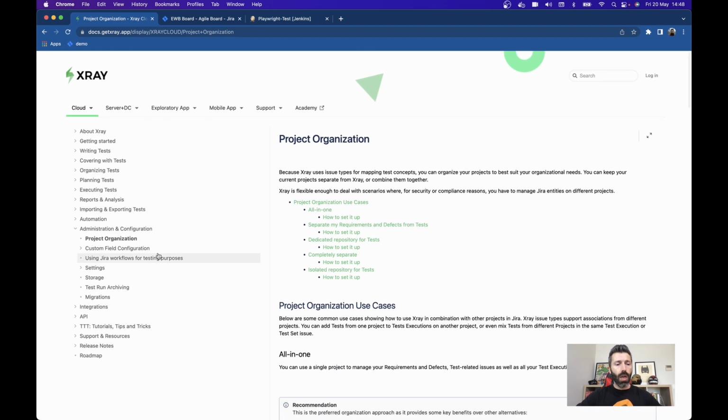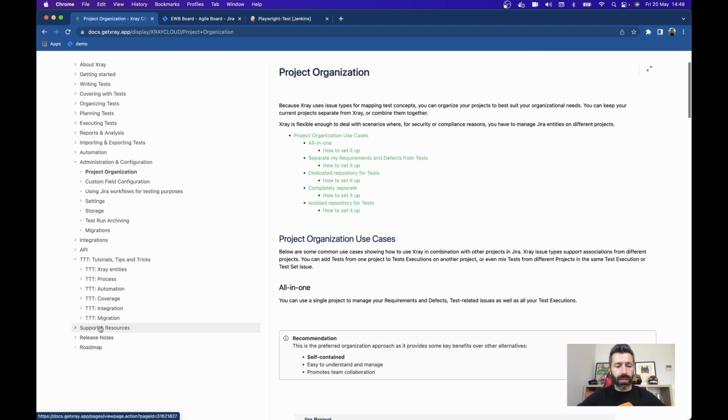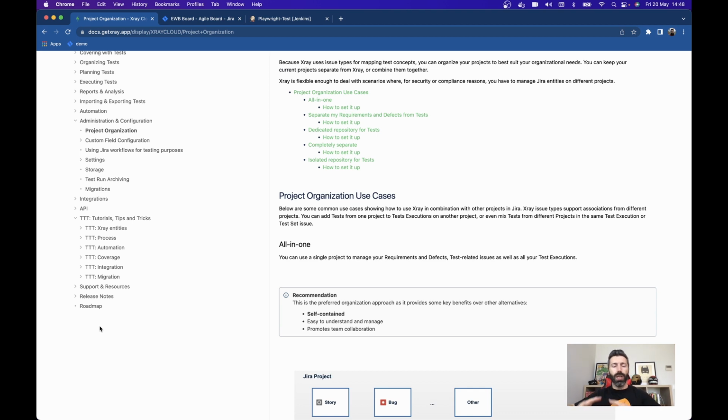Let me just show you that I'm showing the cloud documentation because I'm going to showcase in this webinar the cloud version of Xray, but we have here also documentation for the server one. In here, I just want to highlight also these tutorials, tips and tricks that I think is the element that will differentiate from the other documentation that you have around, because they will actually